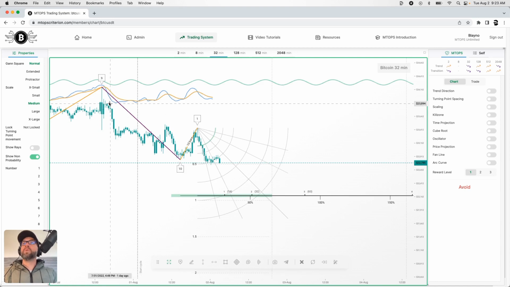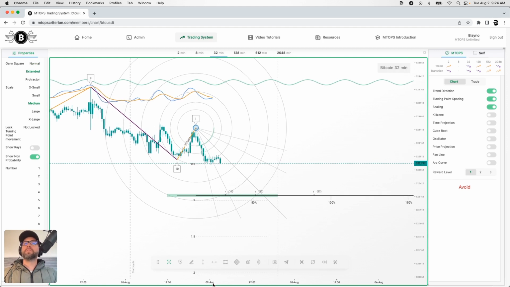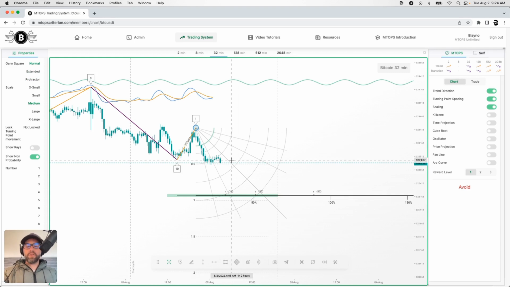Let's go. Trend direction 1 below 9, 20 point spacing, a deep 20.1, which means downtrend. Okay, so this could affect what we're seeing on the 512 as well. Scaling, let's have a look. When Emil gets a gap, we're going to be adding in the reverse scan into this setting, so we don't have to scroll through multiple times, or add the protractor on top. So that's coming out.